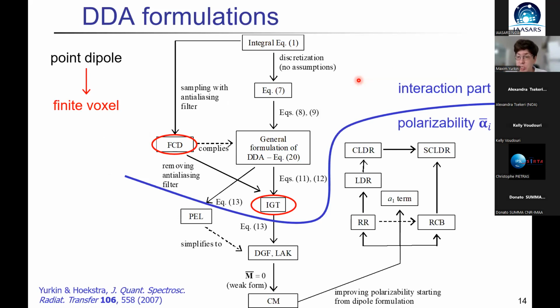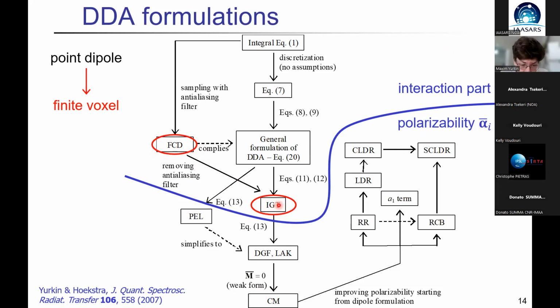Okay, a few words about DDA formulation. So that's a picture from my old review on the DDA. It has not changed a lot since then. I surely won't describe all of that. I just want to mention that there are a few formulations that modify the interaction part and many formulations that modify the polarizability part, or this M term, which I mentioned previously. Actually, these don't have a very significant effect on, say, computational performance. And these sometimes have. So these two formulations, abbreviations for filtered coupled dipoles and integration of Green's tensor,